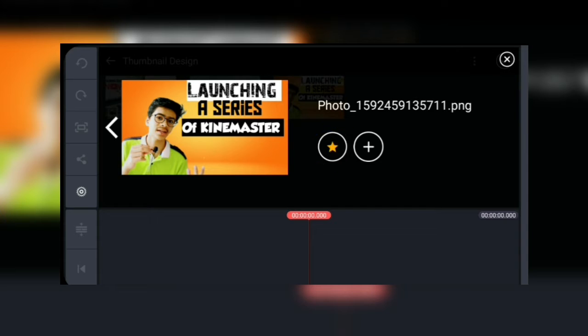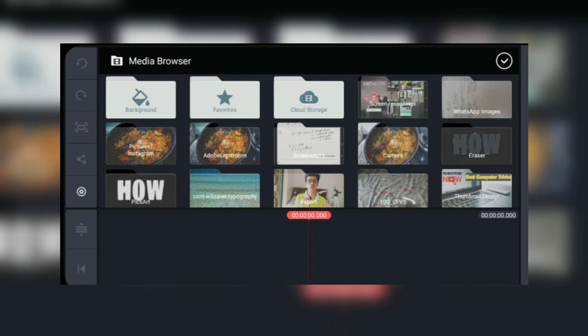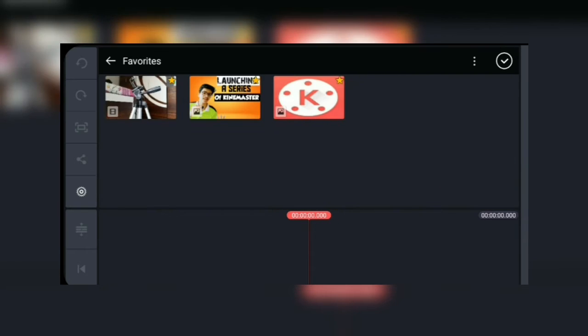As you click on the star option, nothing will act on the timeline. Let me tell you that this is a timeline and all the editing stuff is going to be held here. But as you click on the star, nothing will happen in the timeline, but something miraculous will happen in the favorite folder. So let me go back, and as I click on this favorite folder, you can see that the image has come in the favorite folder.